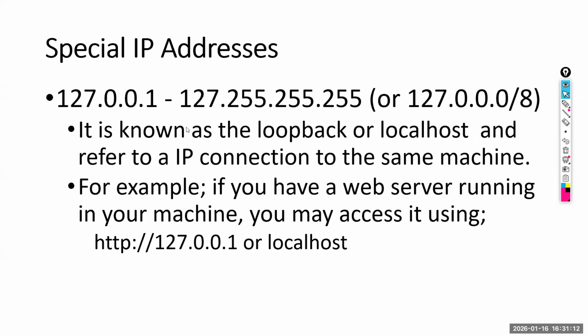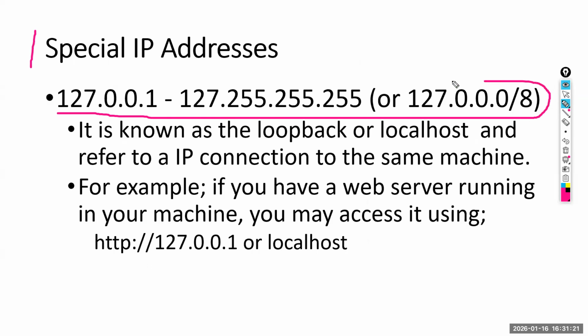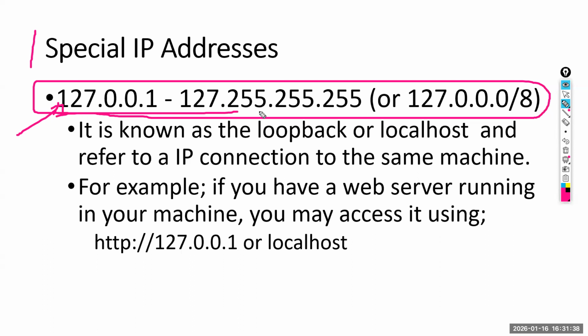This is not something very important for you, but just remember this particular subnet IP range is often used for a computer to refer to itself as a local IP address. This is a local IP address range, right? Most of the time, 127.0.0.1 to 127.255.255.255. There are so many IP addresses here, like 127.0.0.1, 127.0.0.2,